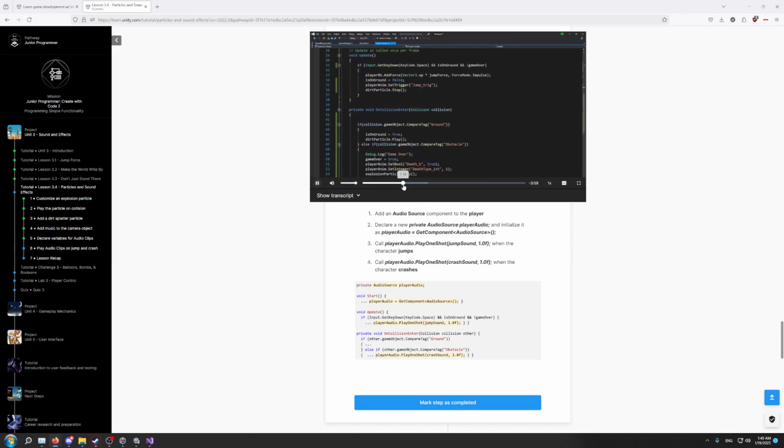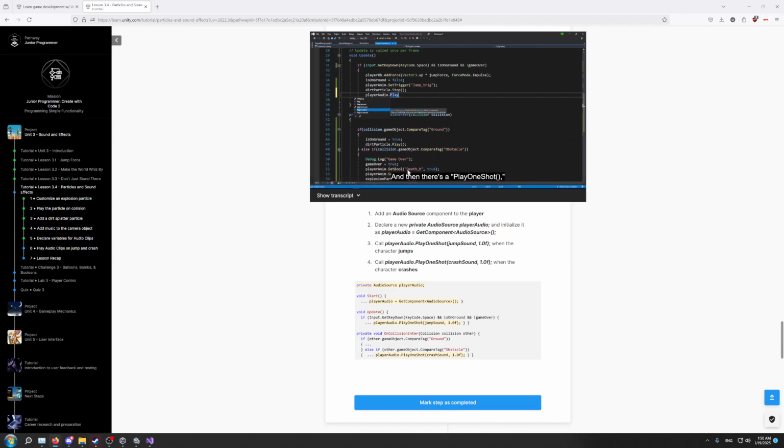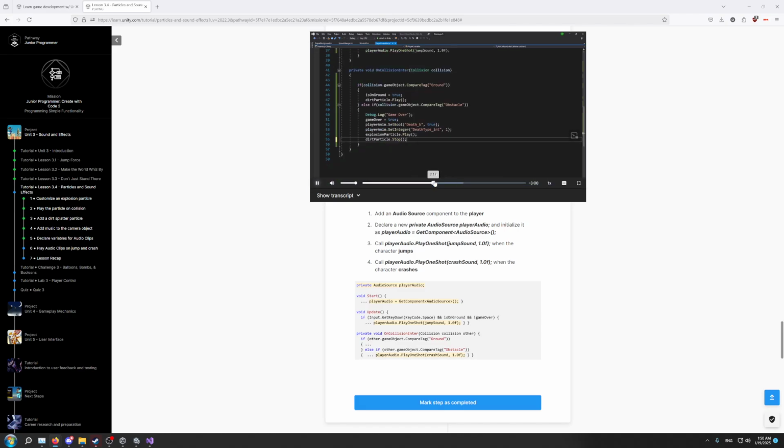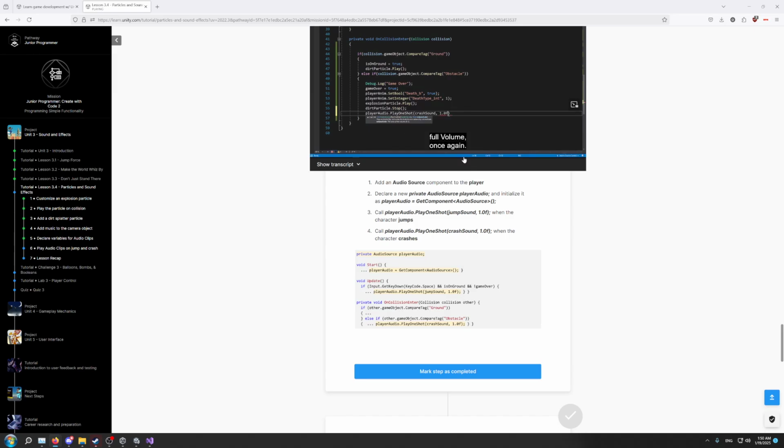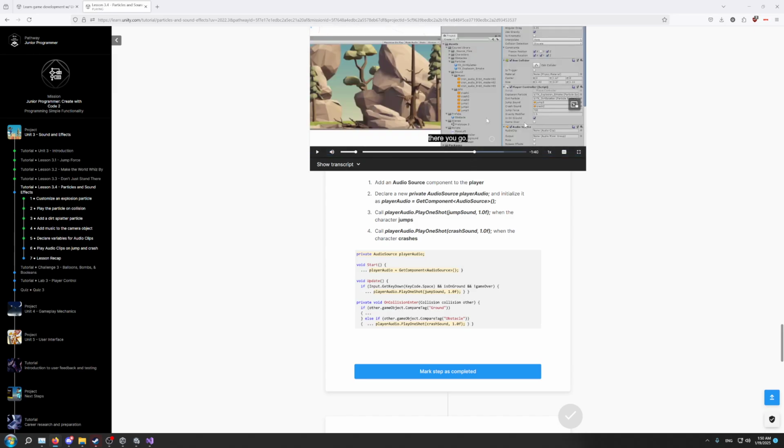and we're going to. So down in our code, when the player jumps, we're actually going to use our new player audio variable, and we're going to use a play, and then it looks like there's another variable that we can add. When anything starts, it'll play. And then there's a play one shot. So basically that'll just play it once and then it'll be done. To play, and we're going to set it to full volume. So now that we have the audio source,